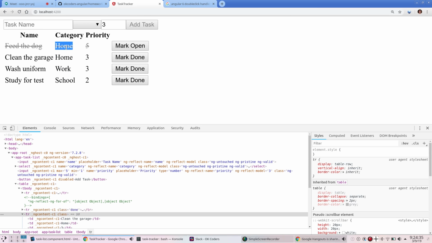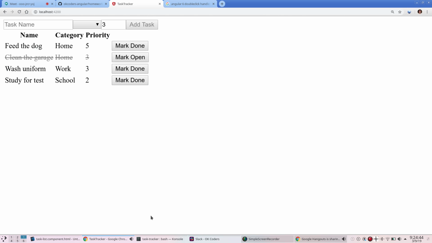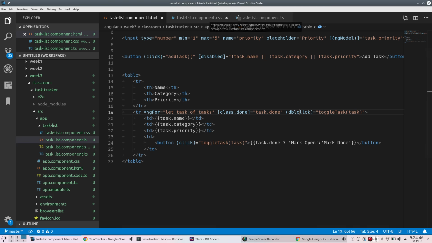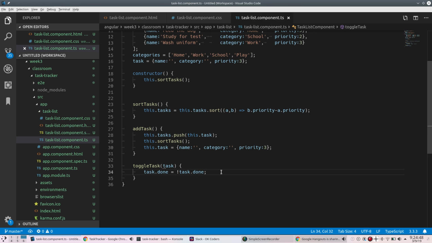Pretty cool. The last thing that we want to do is sort these, so if it's done, move it to the bottom. We kind of have the mechanics for all that already in place, because what we have to do now is, after we toggle the task,